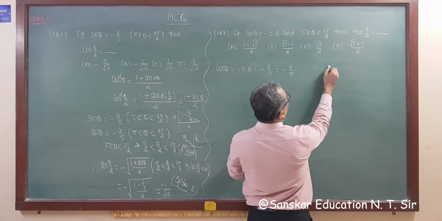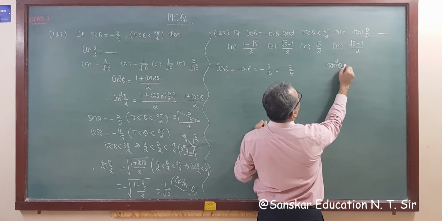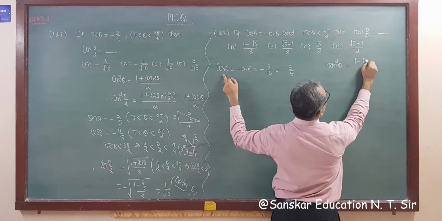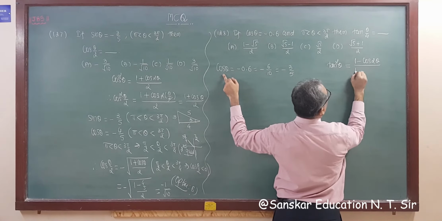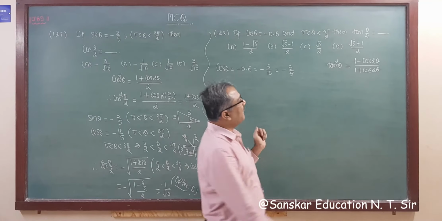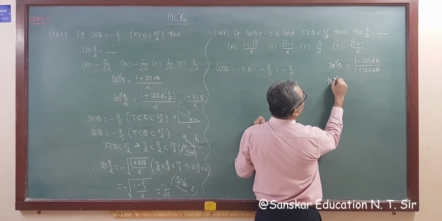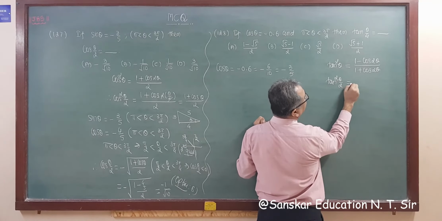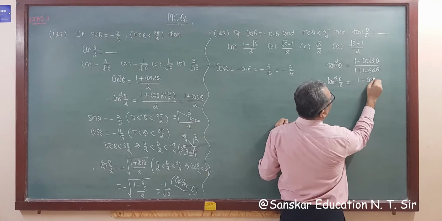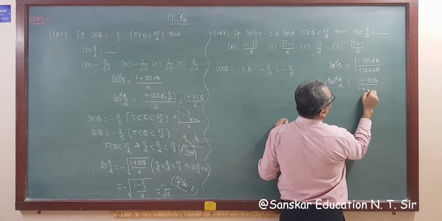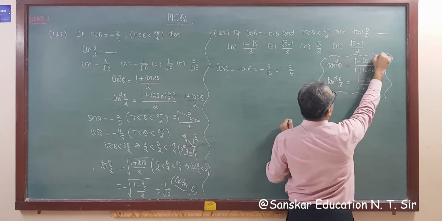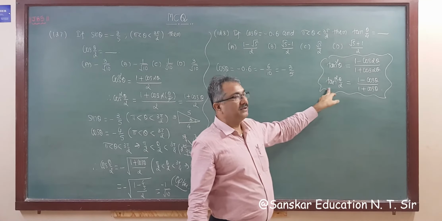So you have one formula, tan square theta, in which cos is included. That is 1 minus cos 2 theta whole upon 1 plus cos 2 theta. This is your standard formula. So if I am taking here tan square theta by 2, that is divided by 2. So 1 then becomes 2. So then what is your answer? 1 minus cos theta upon 1 plus cos theta. So I am applying this formula, right?